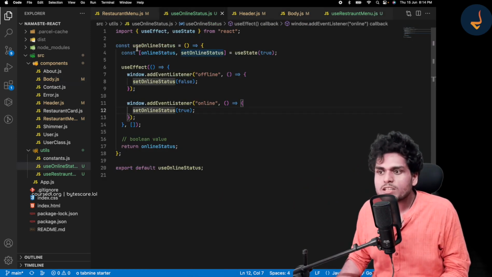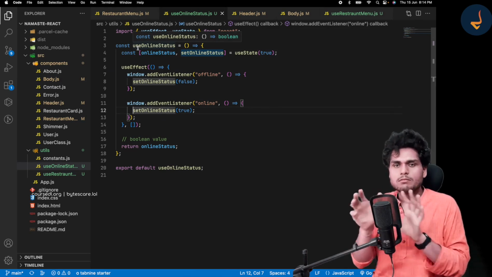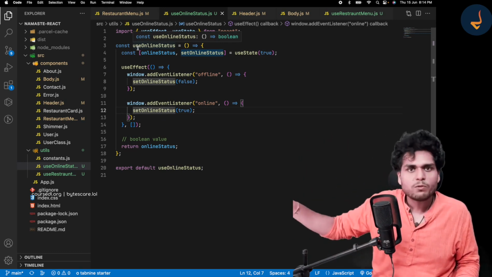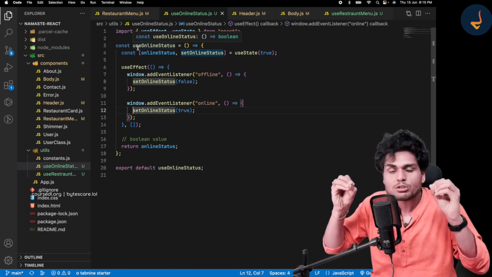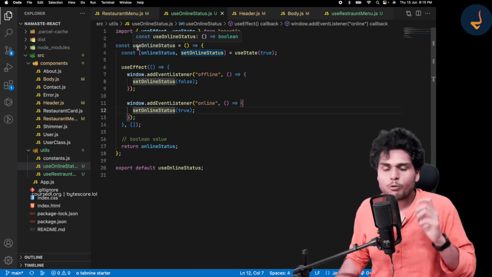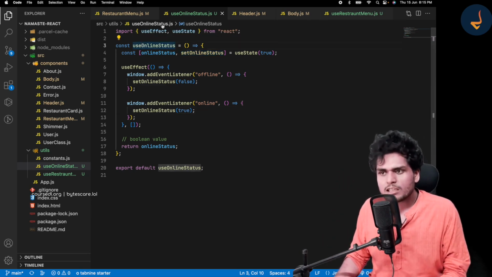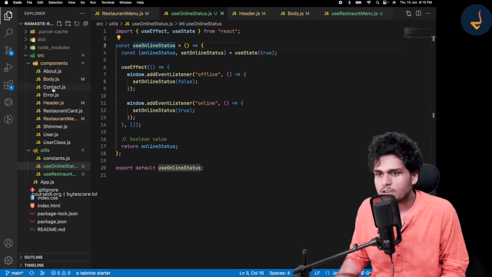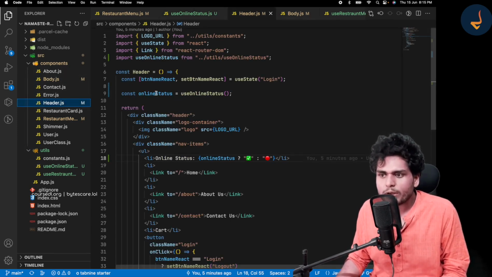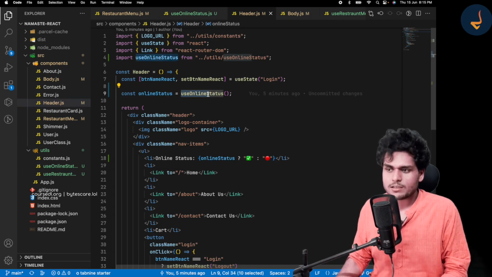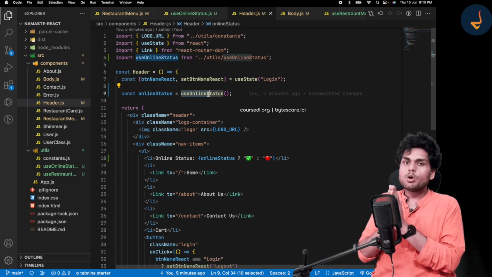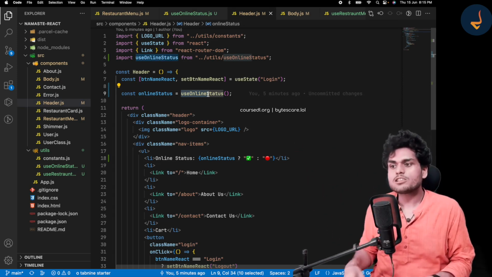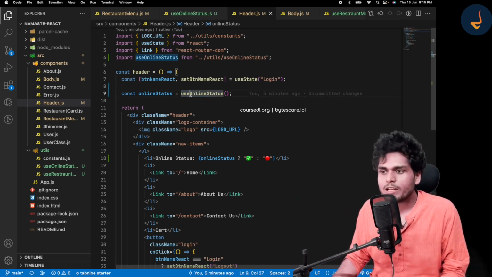If you don't use the word use, nothing is going to break. Try to do it yourself. It won't break, nothing will happen, it will work exactly fine, but it's a good practice to use the word use. One more reason why you should always use the word use is, suppose somebody comes and sees your code, suppose I'm in header.js and I see useOnlineStatus. So that person knows that this is a React hook and not just a normal function, not a utility function like getOnlineStatus.